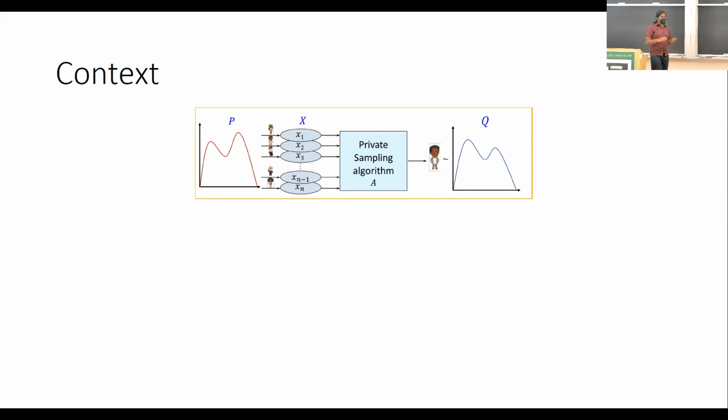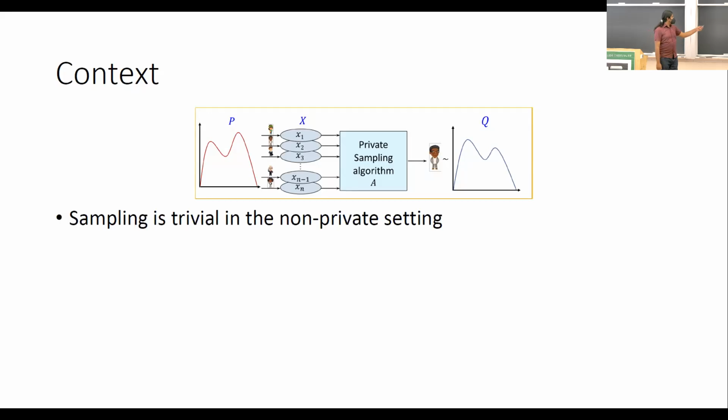So to give you some context about this problem and just so that you can situate yourselves, it's easy to see that if we didn't have concerns about privacy, sampling is trivial because we can just output the first record in the clear. And since the records are all sampled from the population distribution, this is a 0 accurate algorithm or a 0 error algorithm. 0 accurate feels weird, but yeah. Okay. But we can't do this with privacy because you can't just output the first record in the clear. That's not differentially private. So this problem is non-trivial in the private setting.